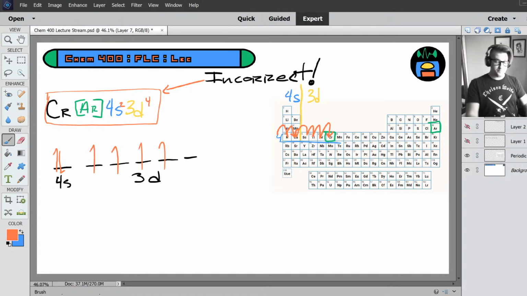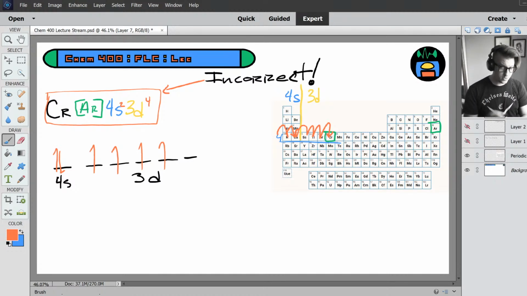Okay, now let's pause for a minute and think about what the direction of these arrows mean. What do the directions of these arrows mean? Well, they represent the spin quantum number. You'll remember from chapter 7 that the ms, the spin quantum number, can be either positive 1/2 or negative 1/2, and that is to show the direction or the orientation of the magnetic field. Kind of like a North Pole, South Pole kind of thing.